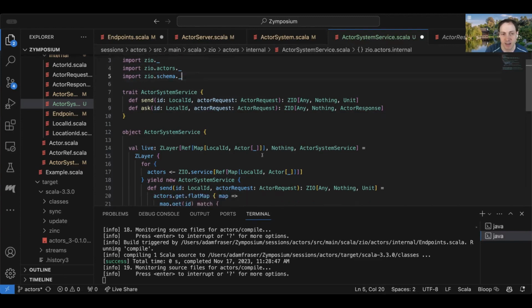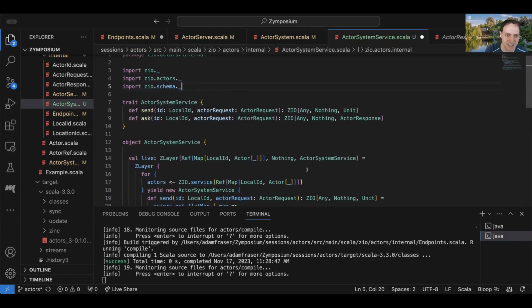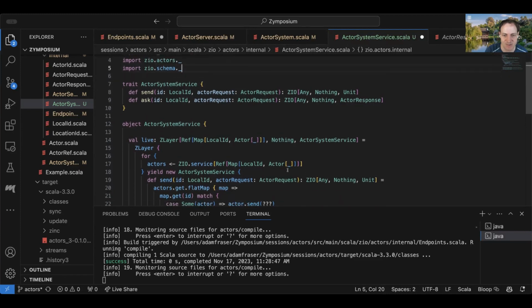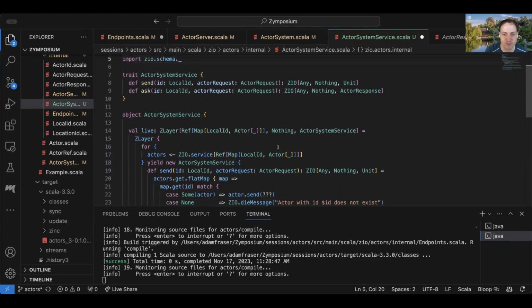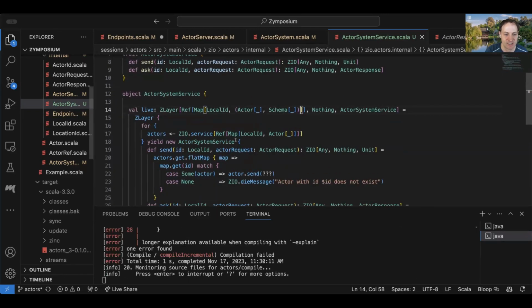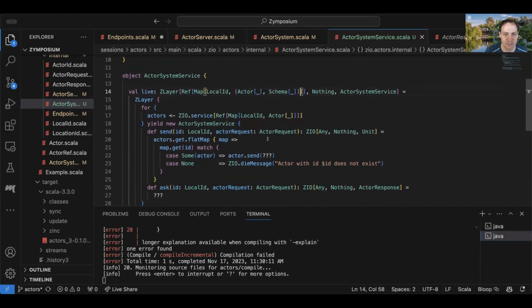The auto application, yeah, it's definitely not perfect, and yeah, you can fall back on it. So maybe it's for the best. So I'm going to bring in ZIO schema here, and I'm going to change this thing to also have a schema. The more we add here, the more this is probably telling us it wants to be a more specialized data structure that wraps us up at some point, but I'm going to defer that a little bit. And now we're just going to have to take this and push that change through